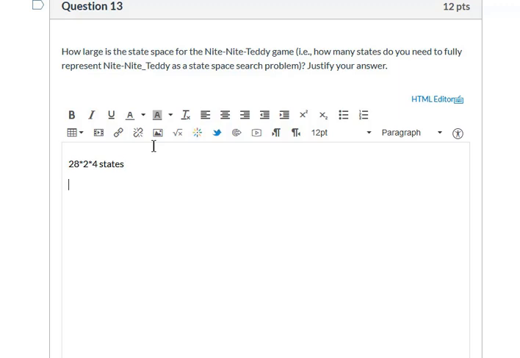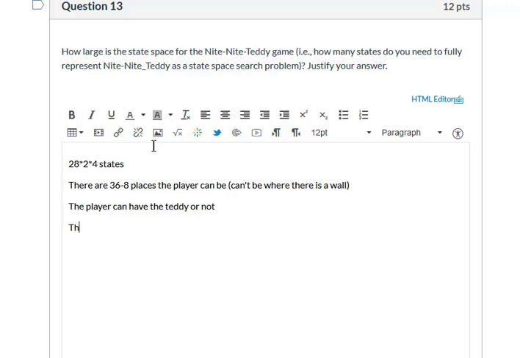And I would say, let's see. So there are 36 minus 8 places the player can be, since the player can't be where there is a wall. The player can have the teddy or not. And then there are 4 sleepy states